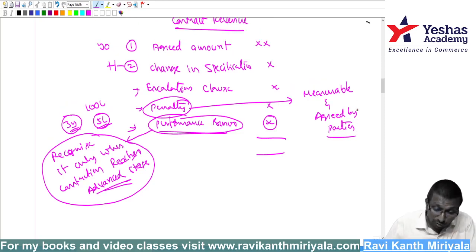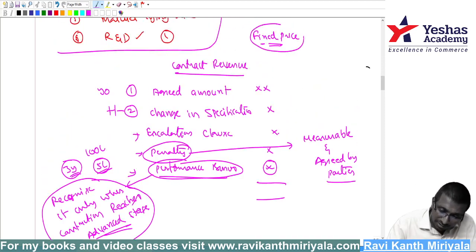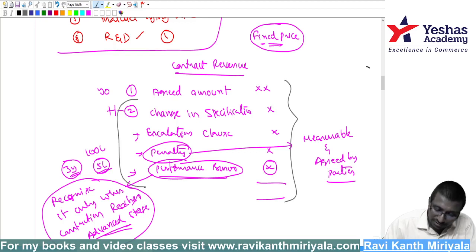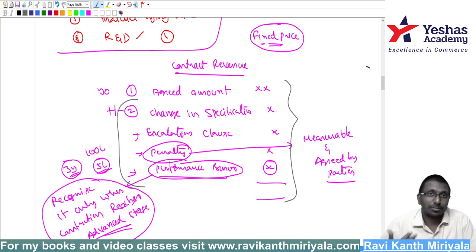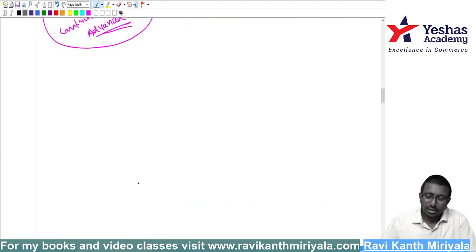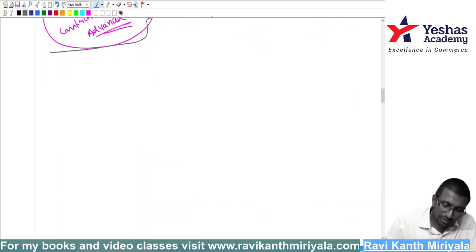So even though it is a fixed price contract, my dear friend, it may undergo change. It may undergo change due to these reasons. It may be because of a change in the contract specification, there may be an escalation clause, there may be a penalty, or because you have completed the work in good quality and within the time, you may be getting some extra money. Due to these things, it may undergo change. Got my point? Right.